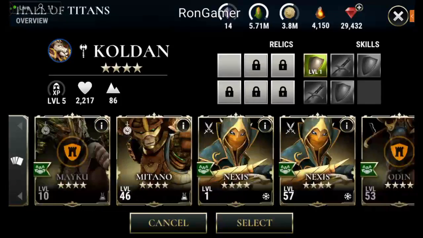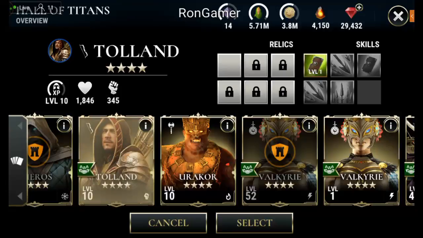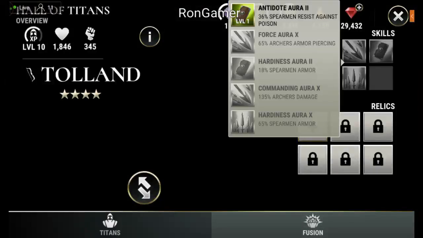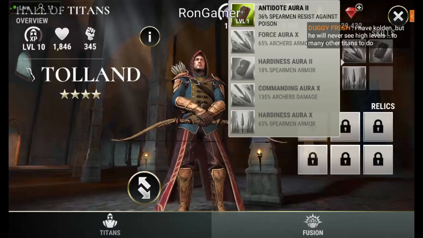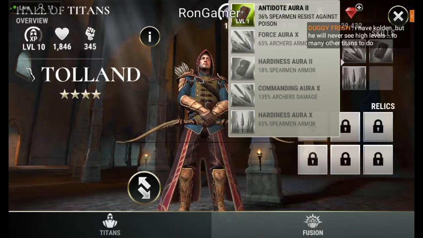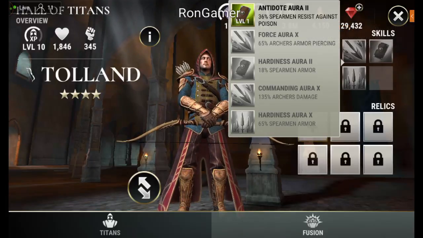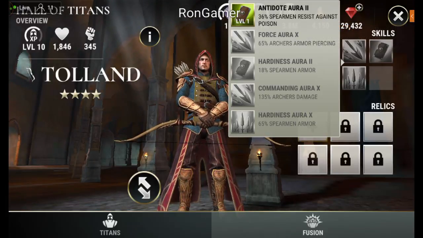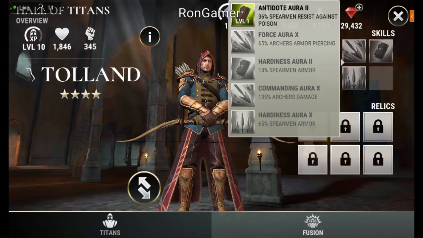eventually. So let me have a look at my Toland. I do want to level him up. That's my Toland. Poison, archer, obviously, the only different skill that I've got is the poison one, and I've got spearman double armor, one being an X skill. So yeah, I do want to level him up, because I think he'll be pretty good when going up against any sort of